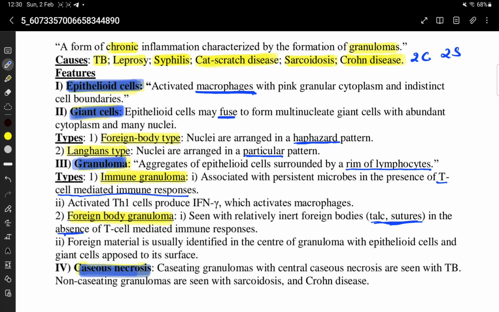Caseous necrosis. Scintillating granulomas with central caseous necrosis are seen with TB. Non-scintillating granulomas are seen with